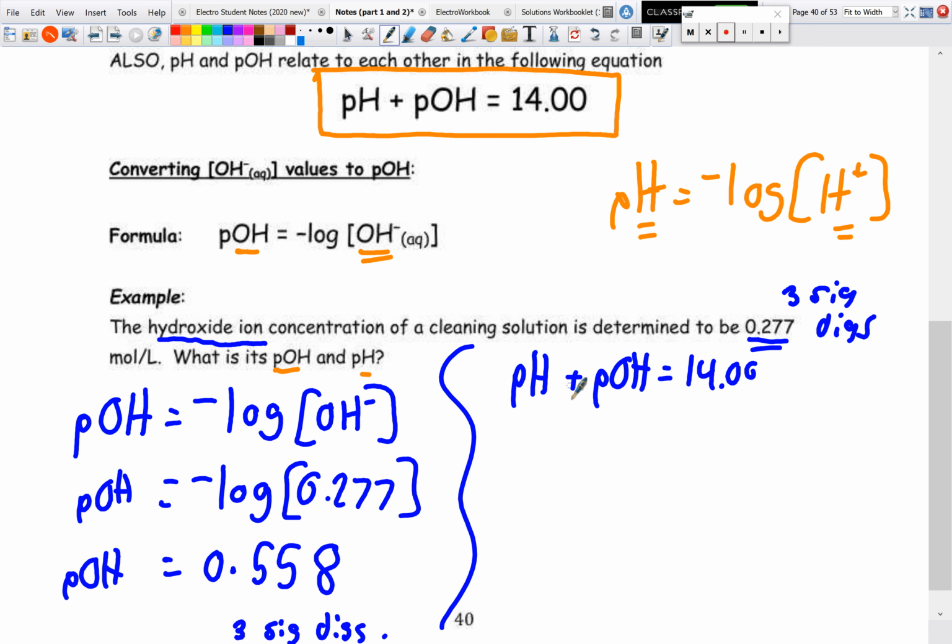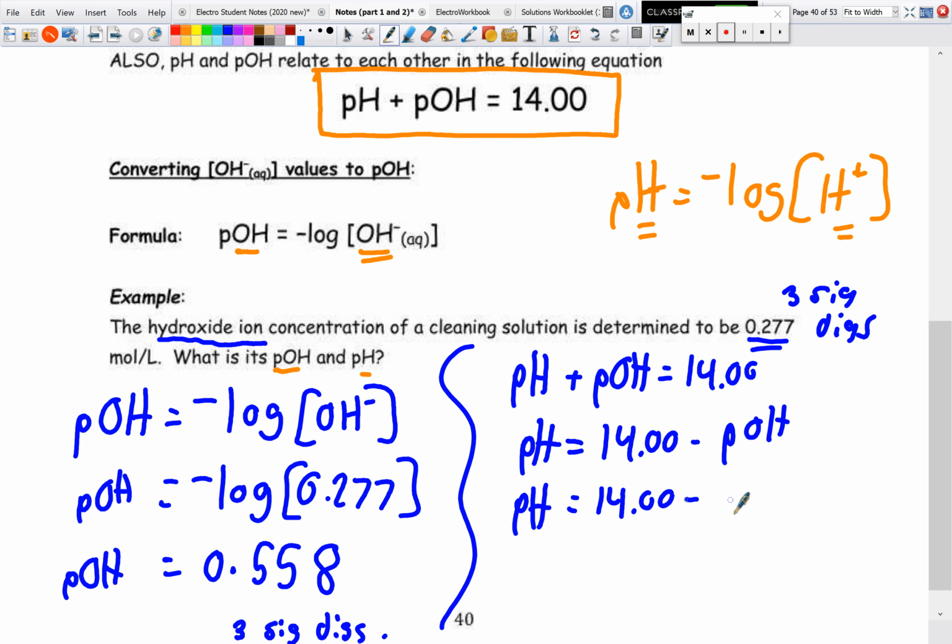So when we rearrange, these are added together, so we do the operation of opposites. In order to get pOH over this side to isolate for pH, we subtract. So our pH is equal to 14.00 minus our pOH. So pH is just 14.00 minus our 0.558, and we get a pH of,